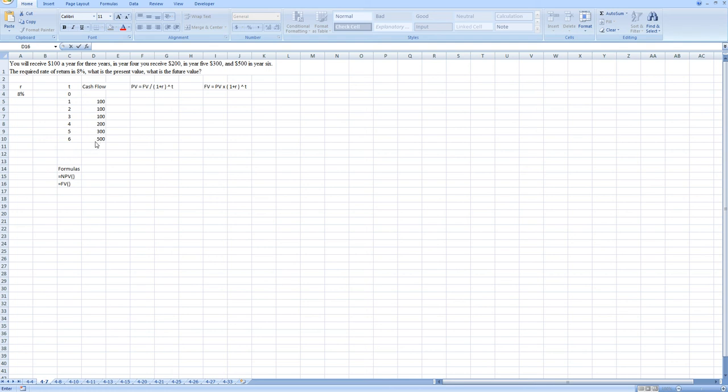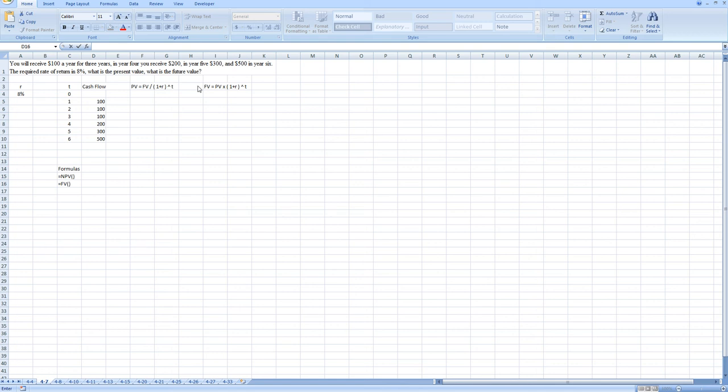What we then want to find out first is the present value of this cash flow. That is, these are future values that we're receiving, and we want to know what they're worth today, given a discount rate of 8%. The next part of this question is then to figure out the future value of this